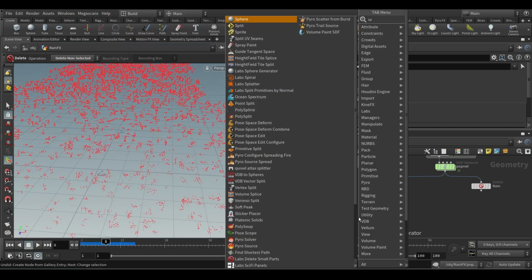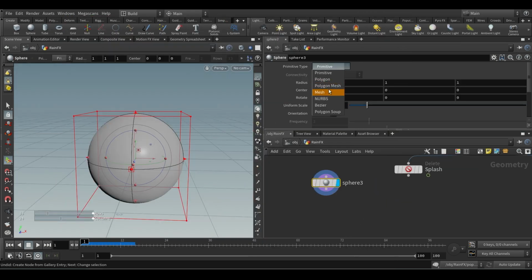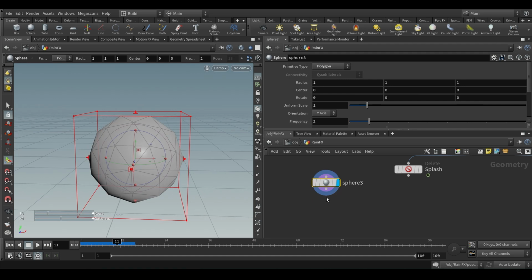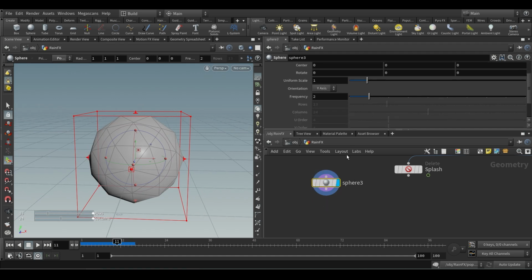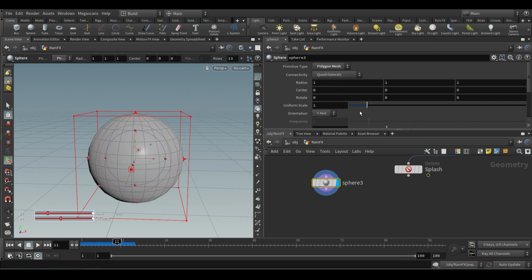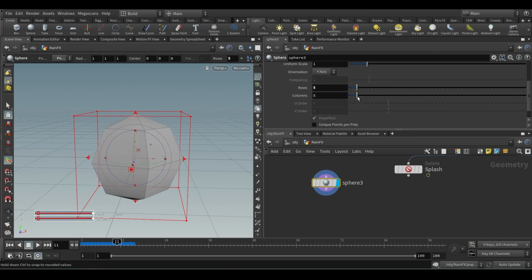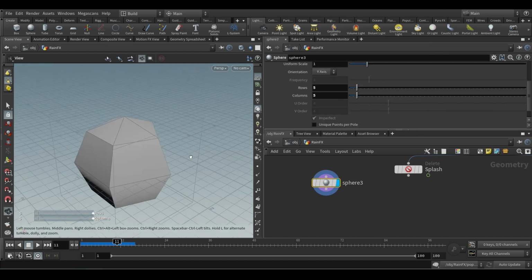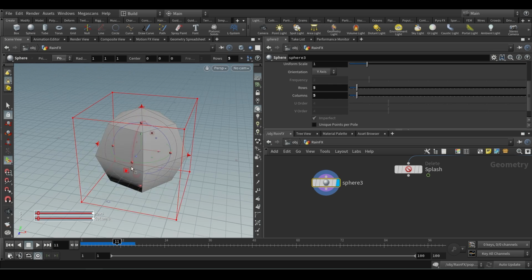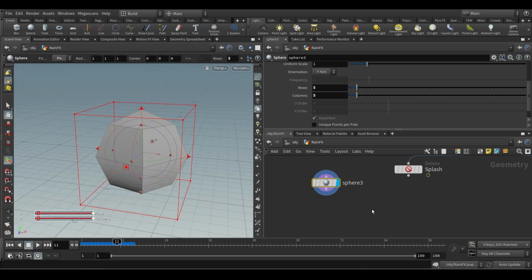You can bring a sphere, or make a shape using mountain, but I'm doing this in a different way. I'm taking a poly mesh and giving a really low value like 5 by 5, because I want very few polygons so that it runs fast. But it's up to you.